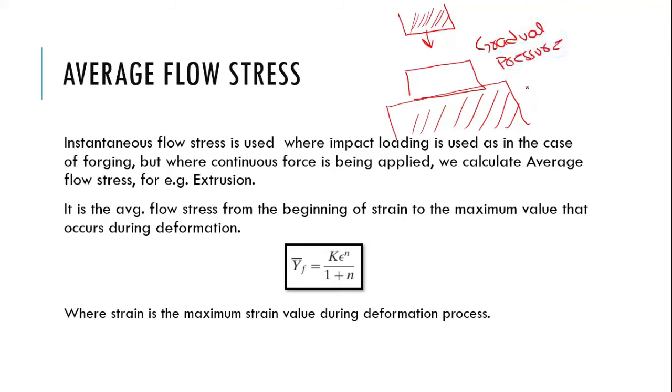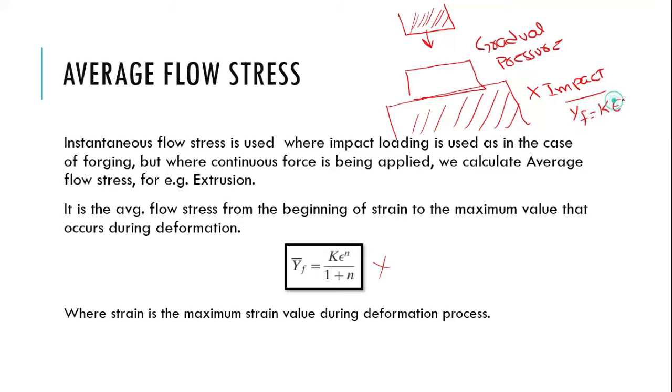It is not applying an impact. So obviously for this gradual pressure there will be a deformation in a gradual pattern. For that one we consider the average flow stress. But if the load is of impact nature, we won't consider the average one, rather we consider the